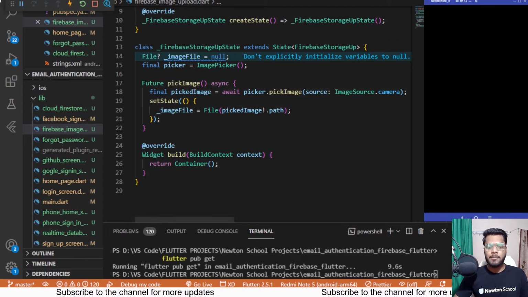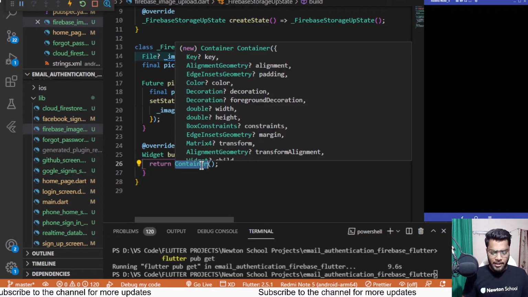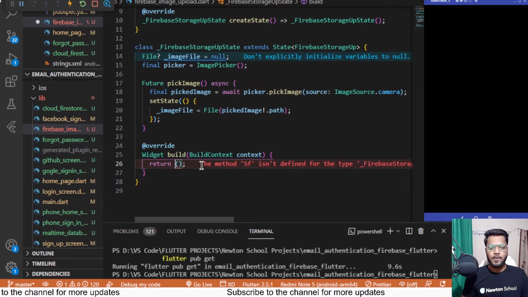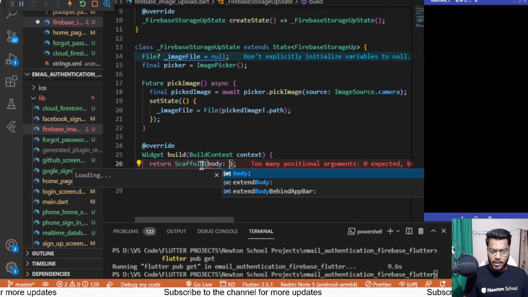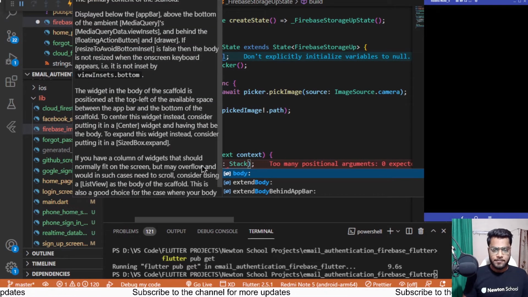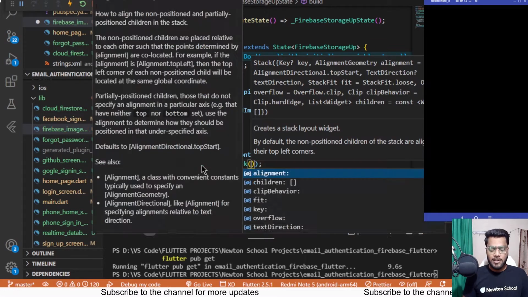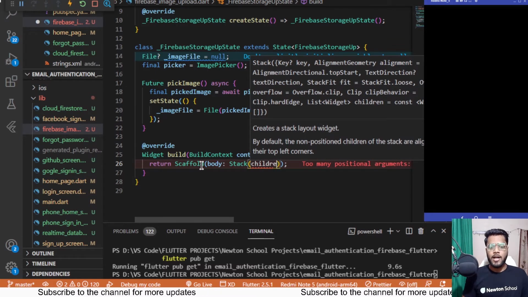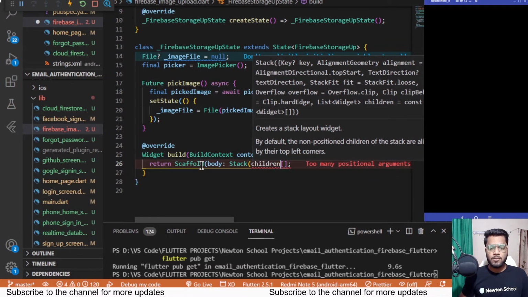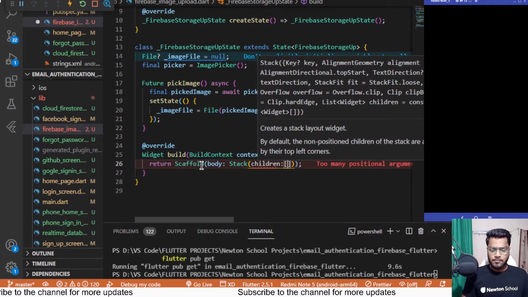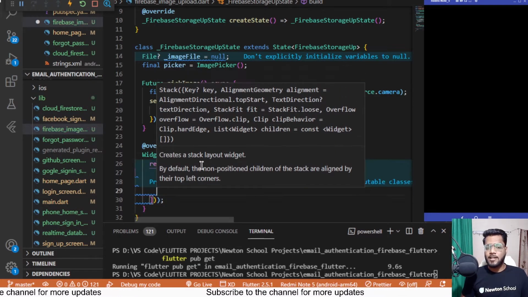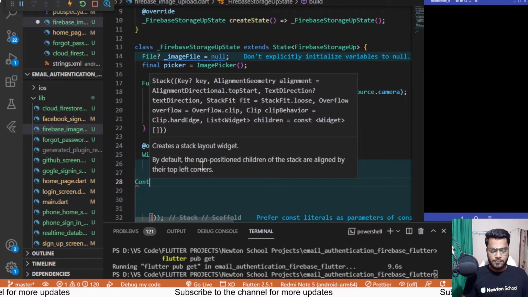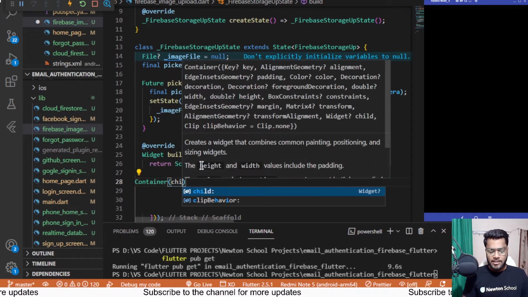Next up, we need to create the build statement, although we'll be required to create some functions for uploading the data. But before that, I'll be creating the build statement over here. So Scaffold over there, and inside it we'll be having a body of type Stack, and inside this Stack we'll be having children. So at first I'll be adding some children over here. And inside these children we'll be first having a Container which will be taking a child as Column,